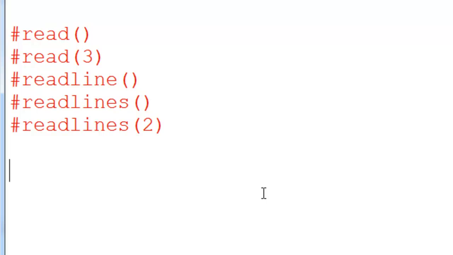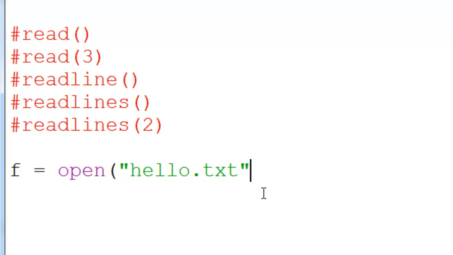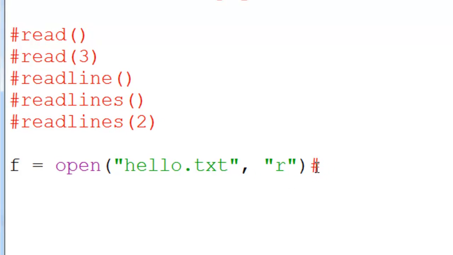So first I will read the entire file. To read the entire file, I need to open a file: f = open, which file? hello.txt. I need to open hello.txt, comma, the mode is r mode, that is read mode. So now this file will open hello.txt in read mode. If the file is not available, it will give an error.